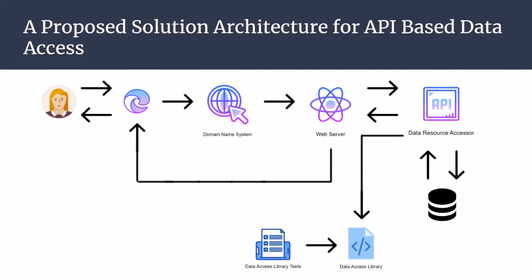What big component are we missing at this point? The data contracts. Let's add them. Please note how the data access library depends on the data contracts repository. Changes to the data contracts repository are immediately propagated to the data access library, which in turn reflects changes to the data access library tests. Any attempt to modify a data contract which results in a failed test can be stopped at compile time and not be rolled out to production.